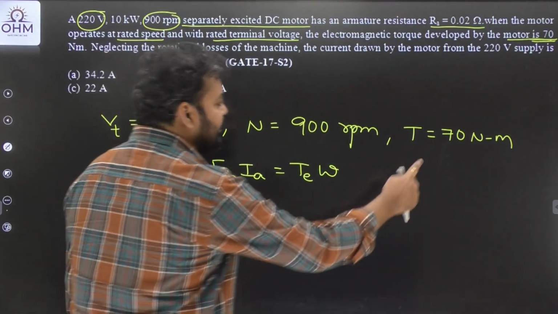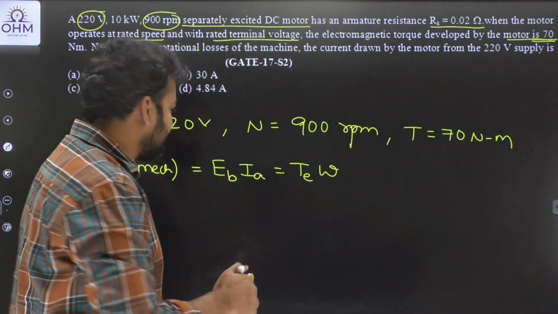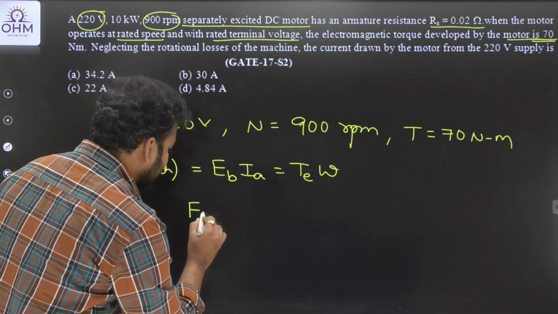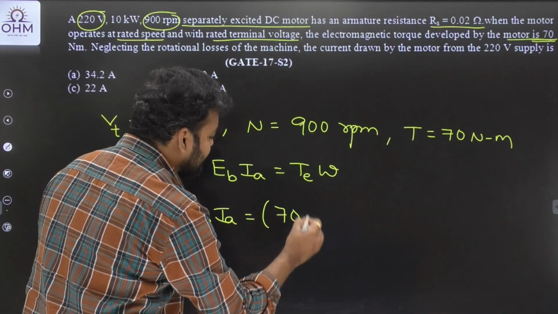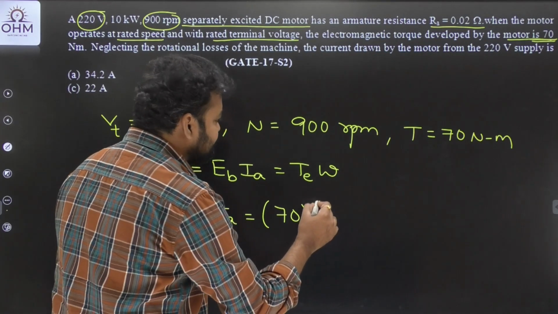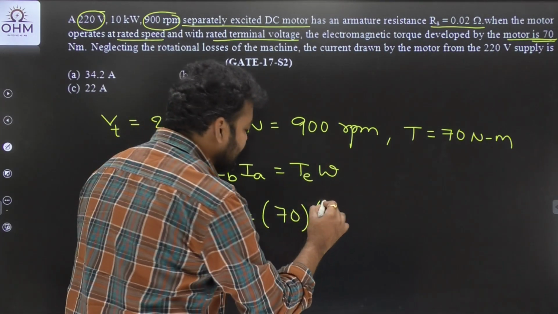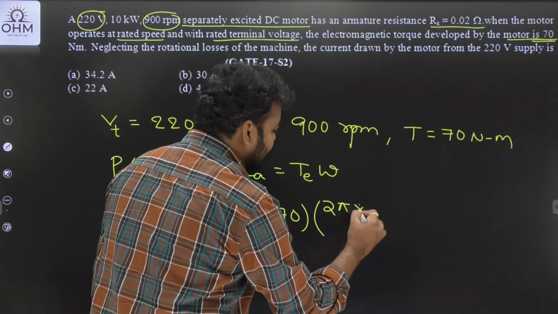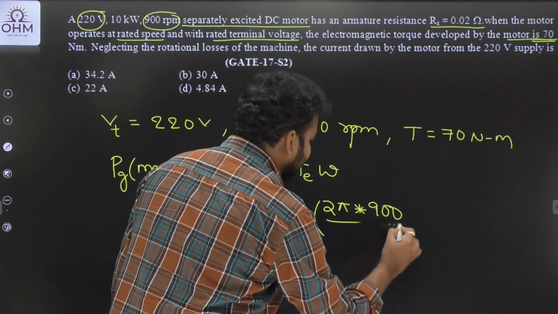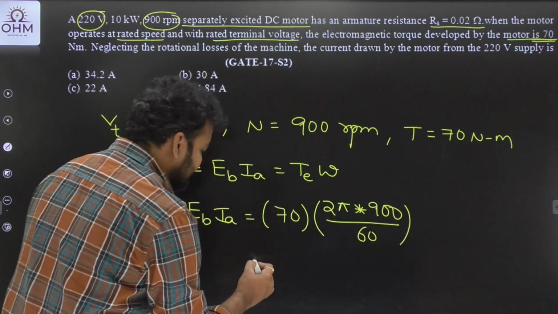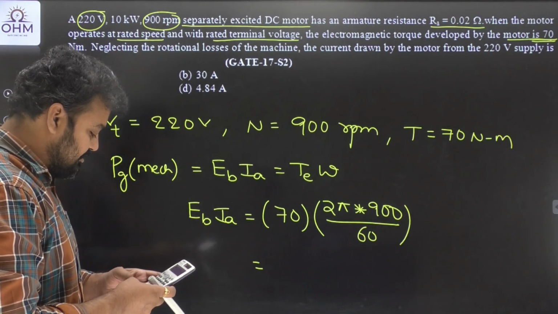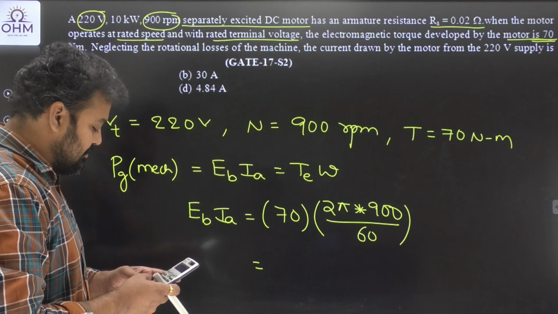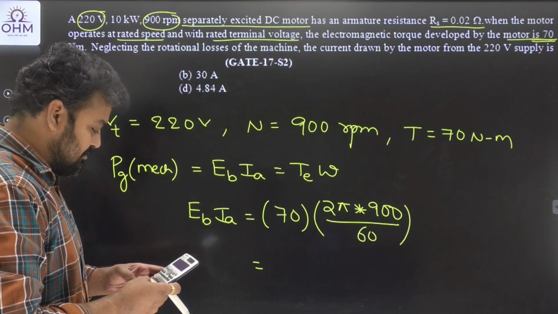In the question torque and speed were already mentioned, therefore I can directly write EB into IA is equal to the torque, 70 Newton meter, into the speed. RPM you convert into radian per second, that is 2 pi N divided by 60. This will give you the developed power. So if I complete the calculation, 70 into 2 pi into 900 by 60,